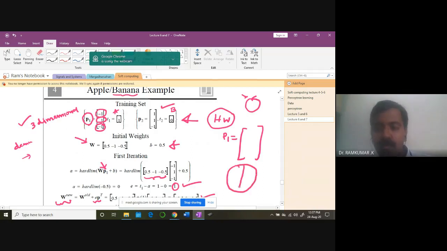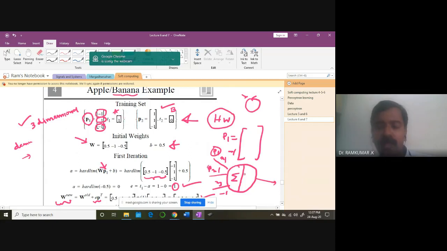how many inputs do you give for this neural network? 1, 2, 3. Okay, P1. P1 has 3 inputs: x1, x2, x3. Or otherwise, I can say -1, 1, and -1. So that's the kind of pattern P1. So pattern P1, 3 inputs. Then the target is 1. I want the desired output to be 1.